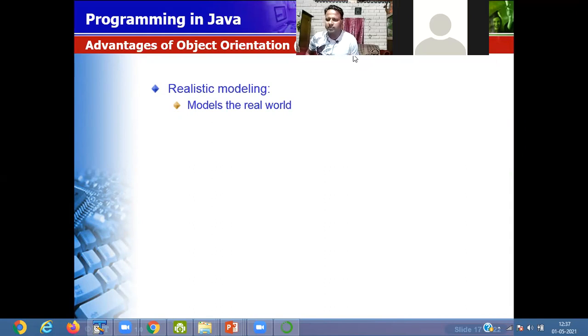develop the program. First you have to analyze the customer requirement. What is the requirement of the customer? Based upon the requirement, you collect the information, then you deliver that thing to the customer. Realistic modeling is just like that. It is used to model the real world application. That means in this phase we gather the information.